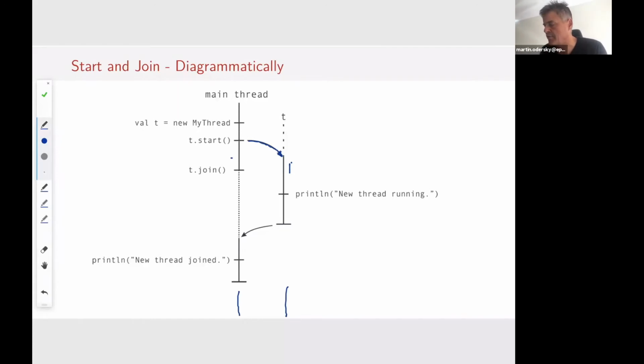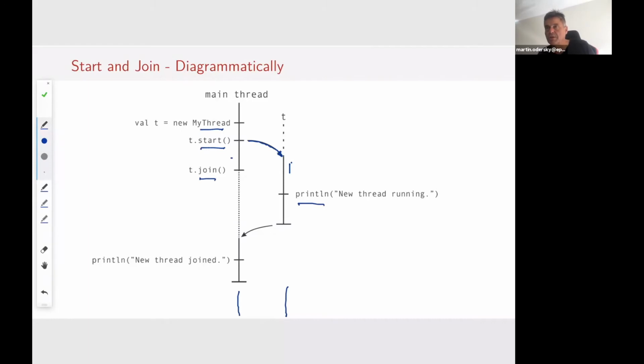So our sequence of actions is now we create this thread, we start it, that causes a new thread to start, and that proceeds independently. At some point, that will do the print, and at some point, the main thread will do the join. What happens for the join is that at that point, the main thread will suspend.